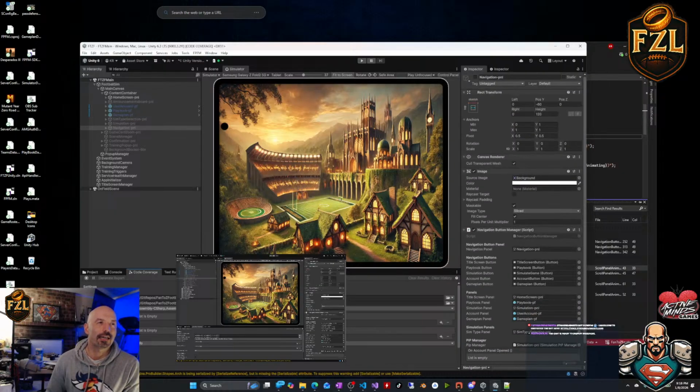Yeah, see, they modified the navigation button, so it might not be able to do that. And what it'll do is